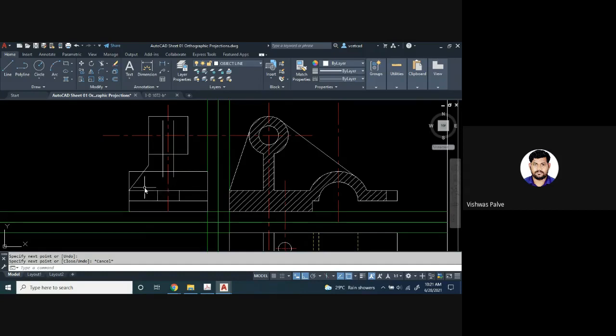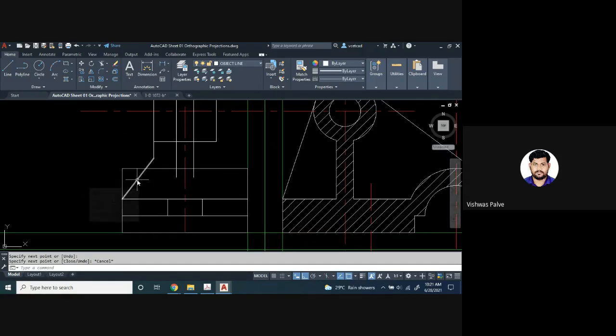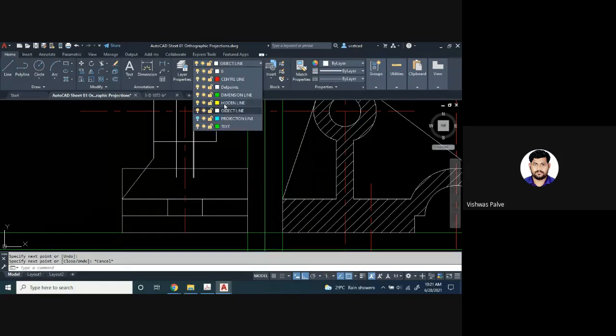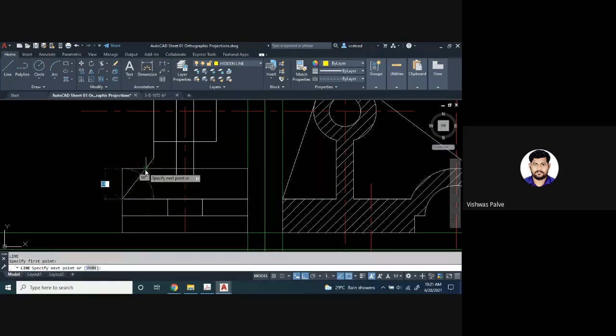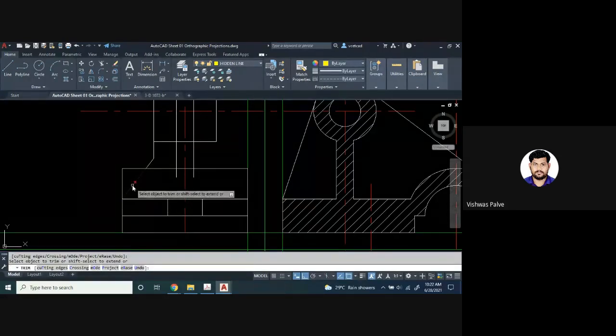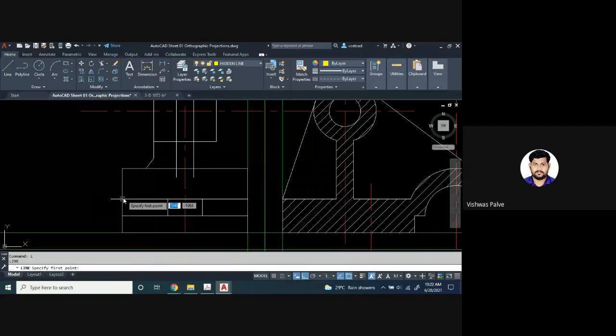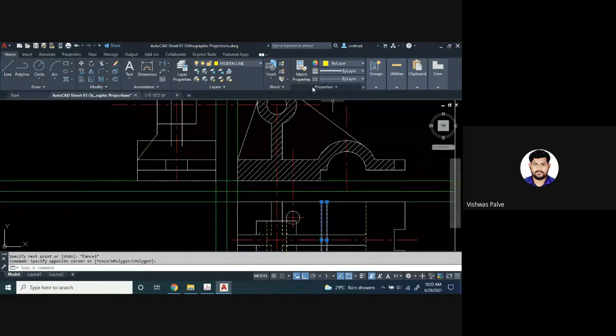But now what is happening here? This complete portion is not going to be visible. Half of this line will be visible, half of this won't be visible. So I'll use hidden. L enter. From this point to this point, it will be hidden. So I'll use TR double enter. I will trim off that line. TR double enter, trim. I'll use hidden line. From this point, I will connect it to this. And I'll use the match property option because already I have used the scale.